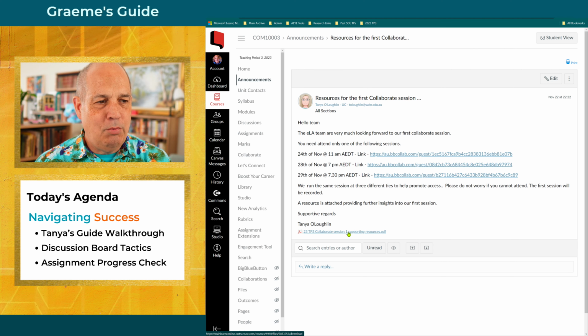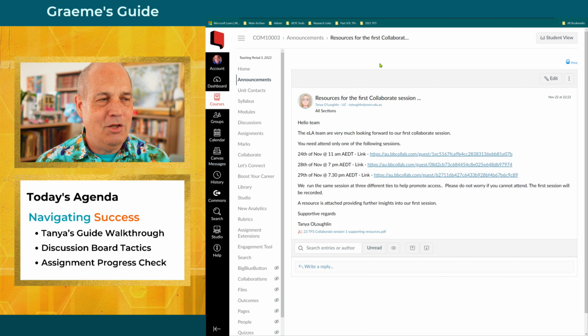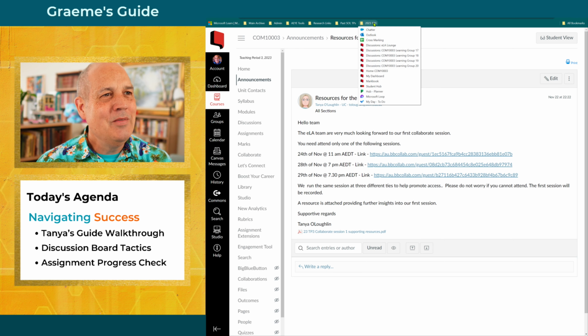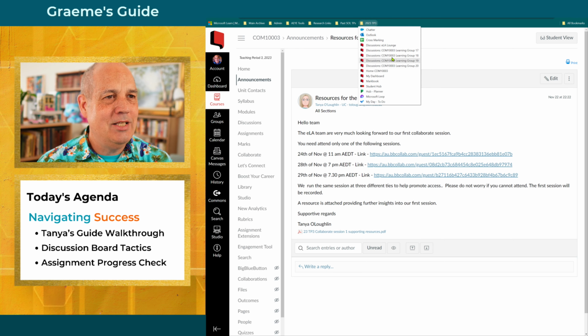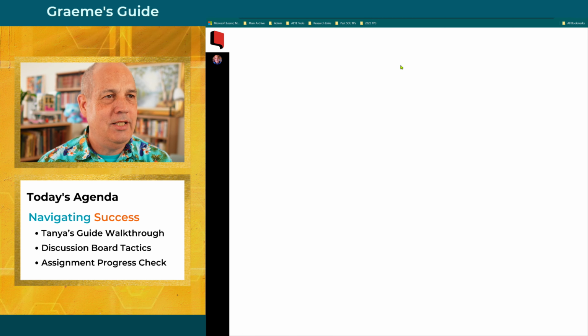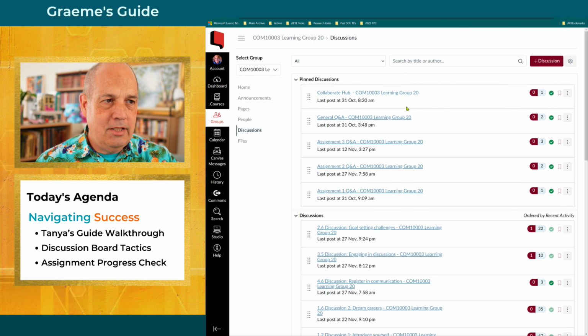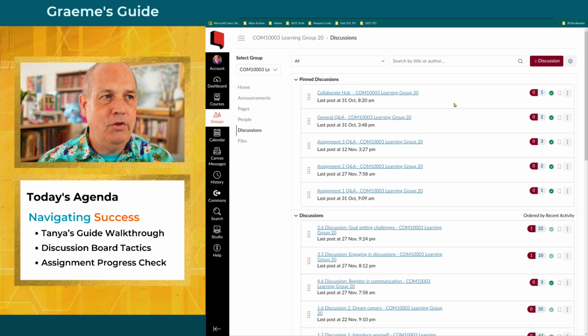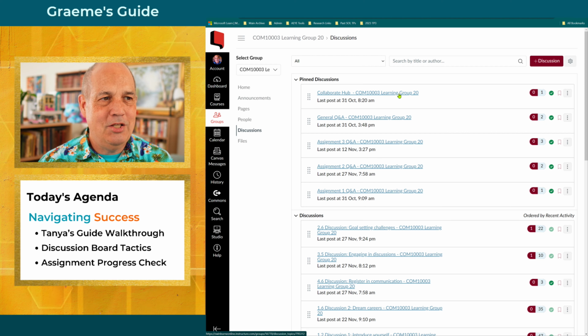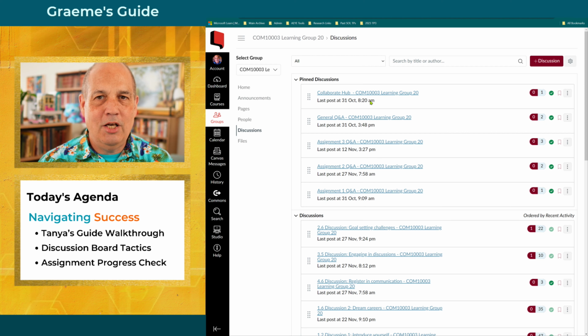I'm going to have a closer look at that now, actually. Not the supporting resources, but that other one, the guide from weeks 1 to 6. I'm going to go into, let's say, group 20. And you'll recognize this is how our groups look. If you go to our group discussions homepage, I've got the first 5 discussions pinned to the top here, because these are the ones that I'm hoping that you're